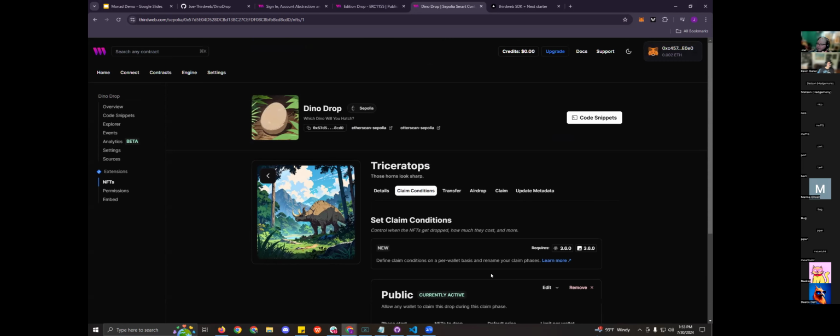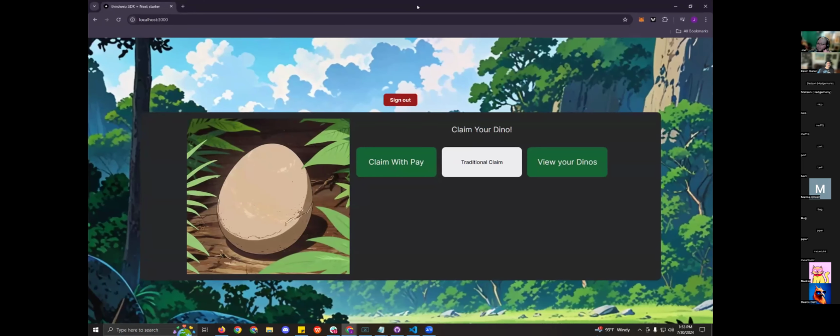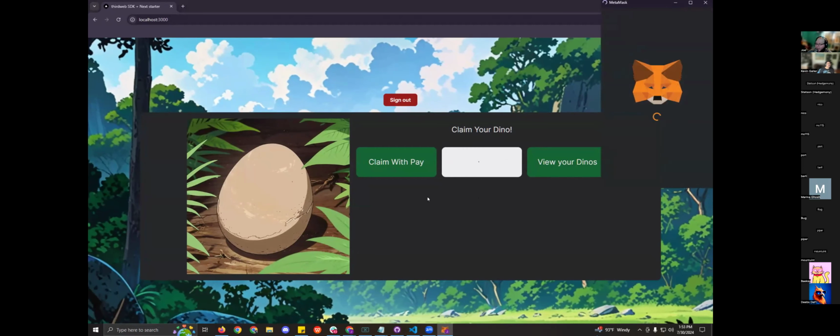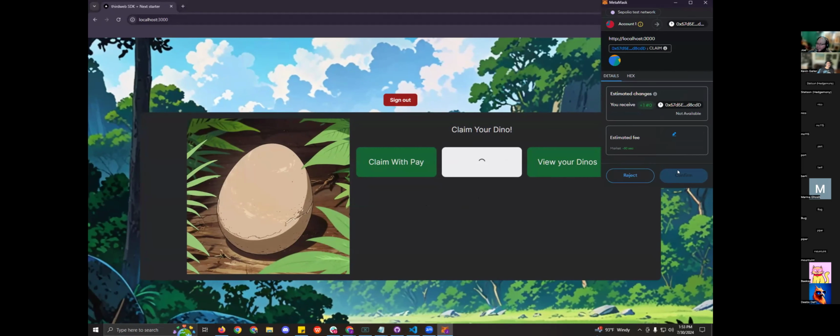Cool. Love the questions. Now I want to talk a little bit about, now that we have our contract set up, how do we actually claim on this lovely page, right? How do I actually, in my code, write out a button or some sort of logic that when I click claim, it will pop up my MetaMask and ask my user to confirm the transaction. So to do that,